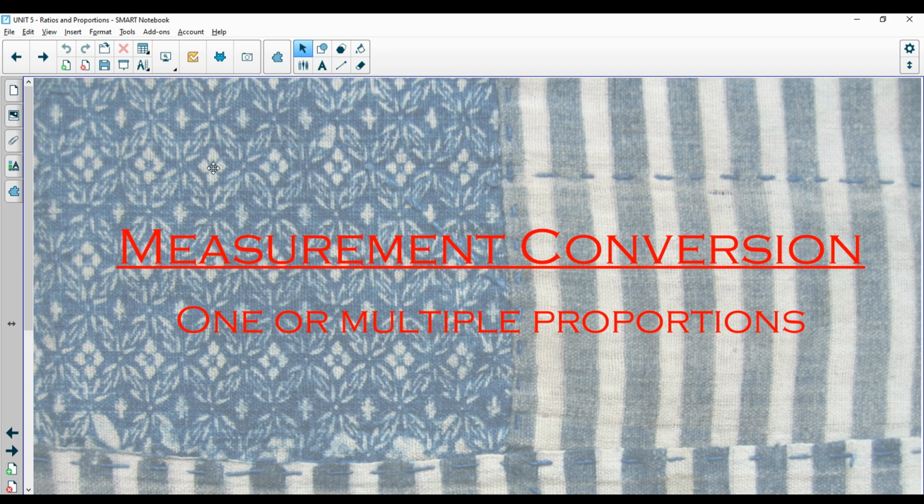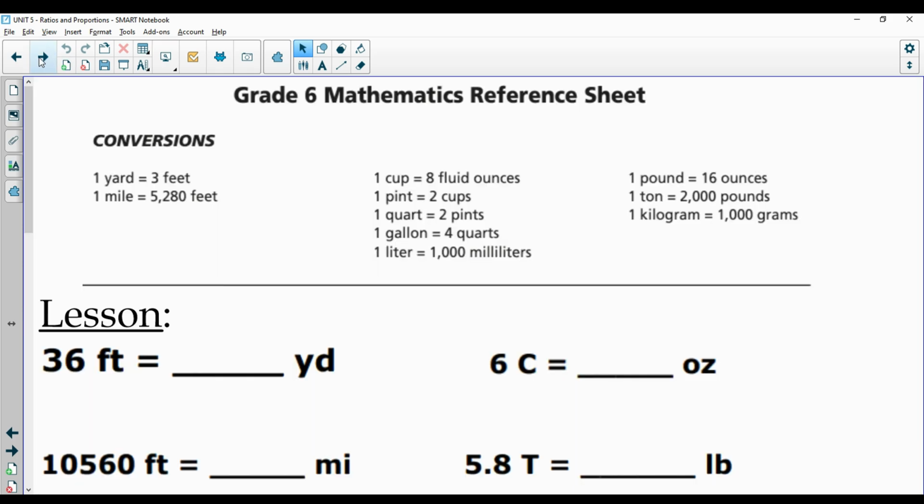If you get one question on this topic, you'll be lucky, because it's not a very popular topic on the test. So I don't want to devote too much class time to it. Although you know how to use proportions already, what's more important is that you know how to use the reference sheet